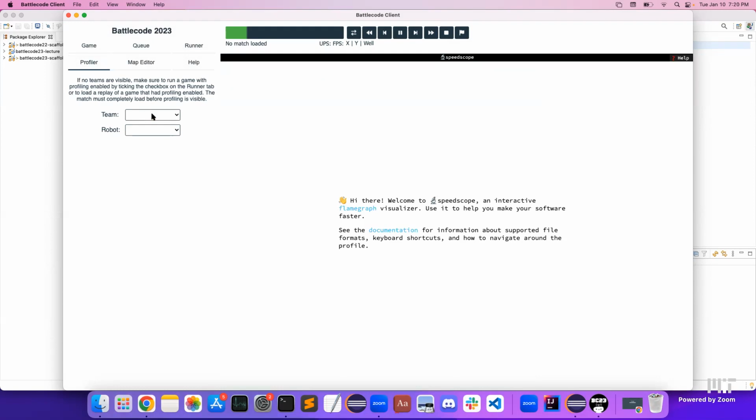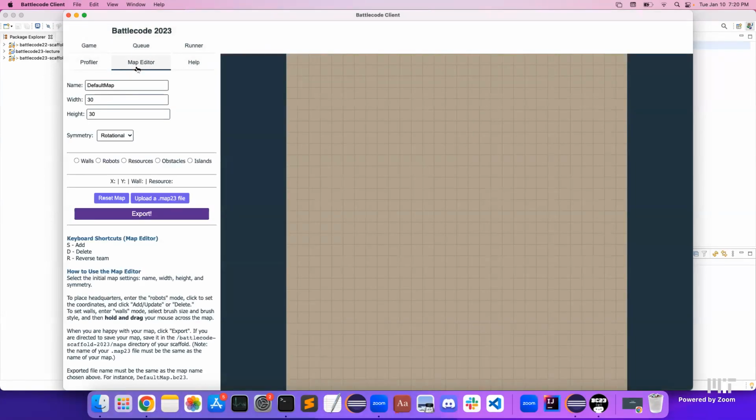The profiler is just sort of selecting teams and robots. Personally, I honestly don't use the profiler too much, so I don't have too much to say about it, but I think the map editor is pretty useful. Map editor is sort of how you can actually make new maps. The devs give, I think, 4 maps as default, but if you want to make new maps to see how your robot acts, sort of just